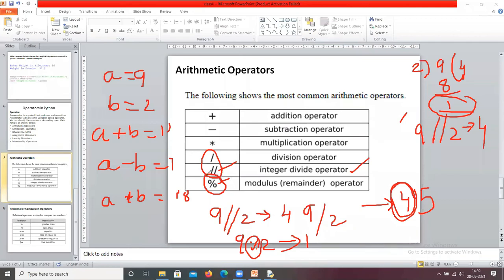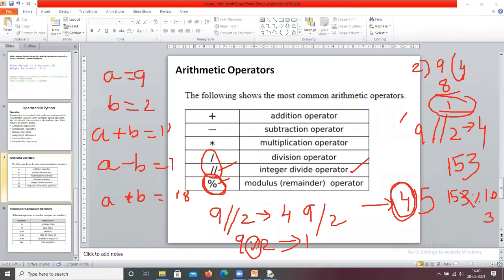It is very important when we are writing programs. For example, take 153. Find the digits of this number. How can we find these digits? By using this percentage only. First, 153 percentage 10. When we divide 153 by 10, what is the remainder? 3.